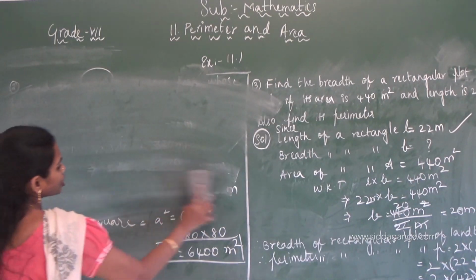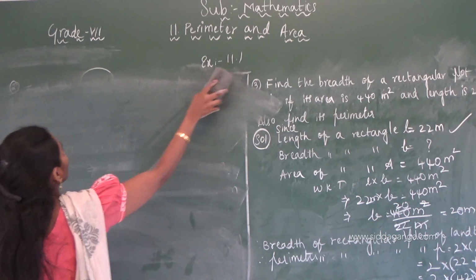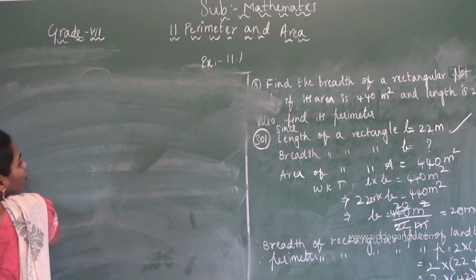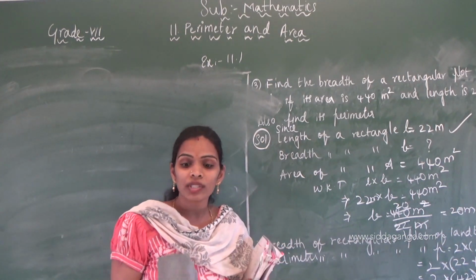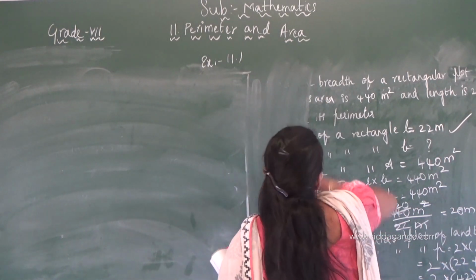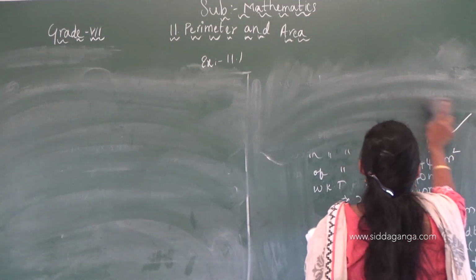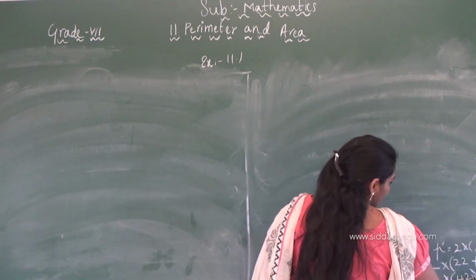What they have given in the question, you have to write them carefully, and by reading the question you have to understand what you have to find. What they are giving, and by using that, how we can find the other things. You first have to glance at the question and then start doing the answer.